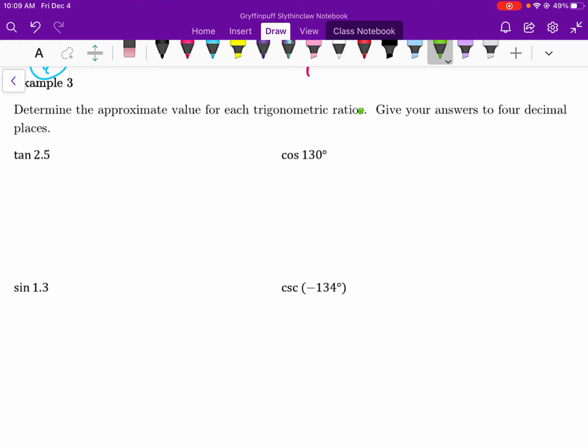The tangent of 2.5. Now automatically, if you notice, there's an absence of degrees. Since there's an absence of degrees, we are going to put our calculator into radian mode. And very simply, let me just do that, radian, good, it's in radian. So the tangent of 2.5, and sometimes you'll see this written with the 2.5 in brackets. If that makes you feel more comfortable that 2.5 is an angle, it's great. So the tangent of 2.5 is equal to negative